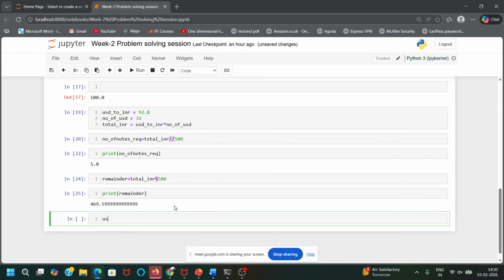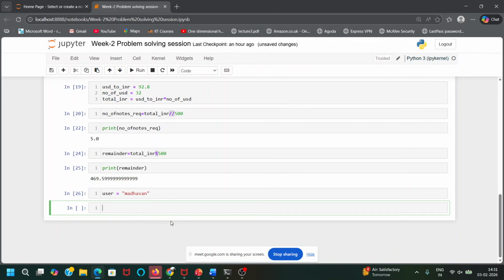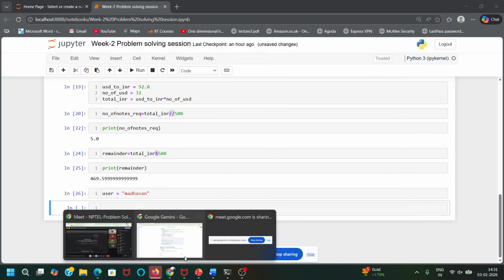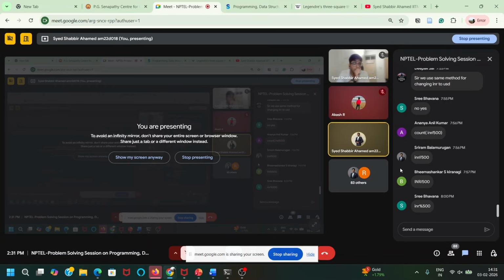Let's say I have something called user, and the name of the user is Madhavan. Now I want to make the first letter of this string capital, instead of small m I want capital M here. So what should I do?